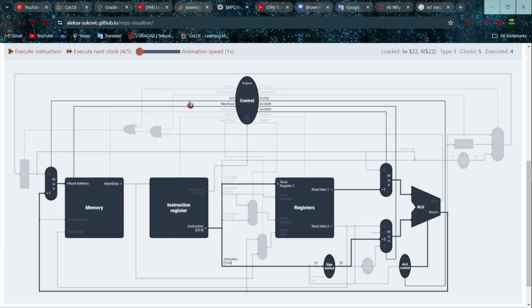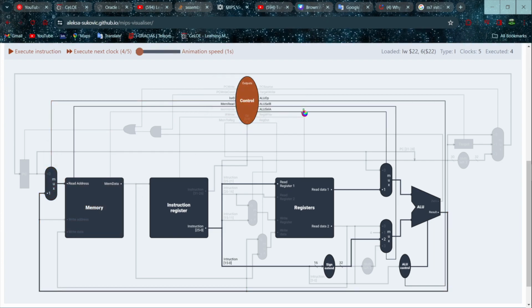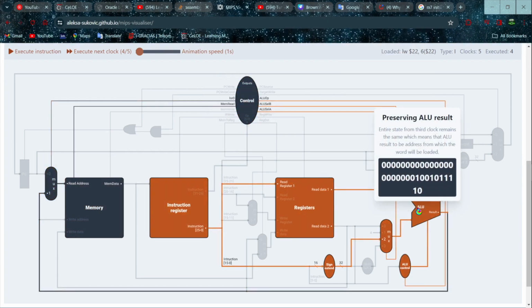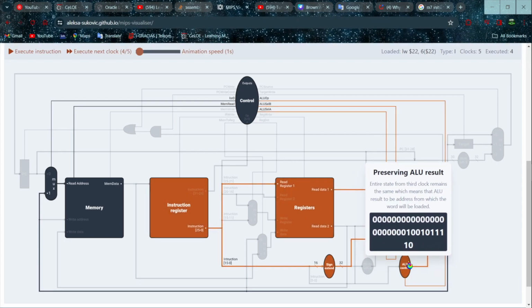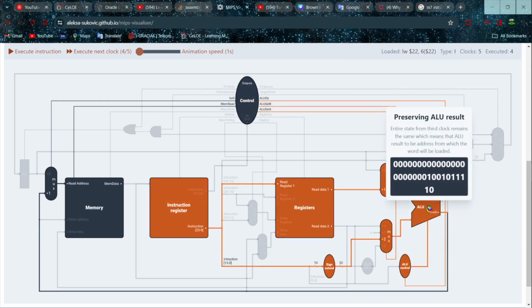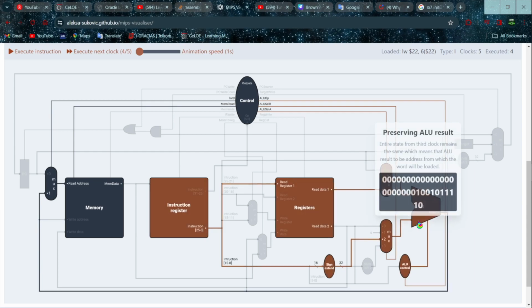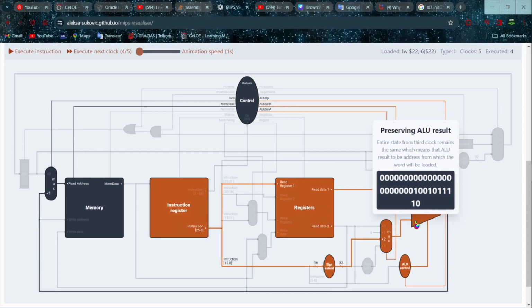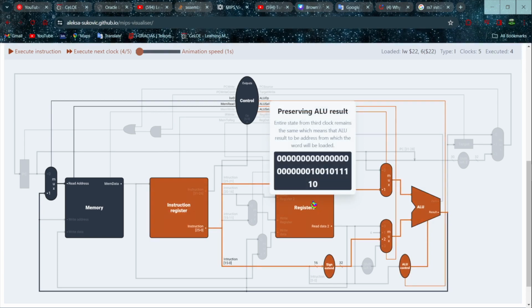Here the fourth clock is to get the memory address. Again, the control unit controls the ALU unit, and the ALU unit is controlled by the ALU control, of course. As we see here, each node is connected and activated.